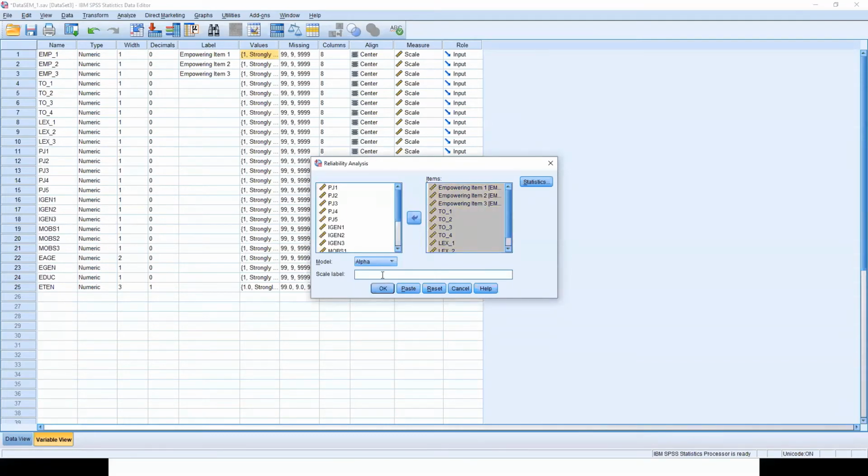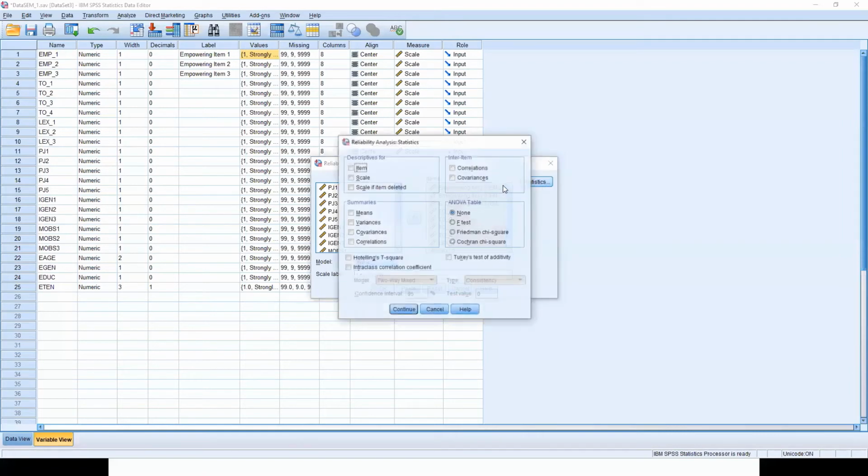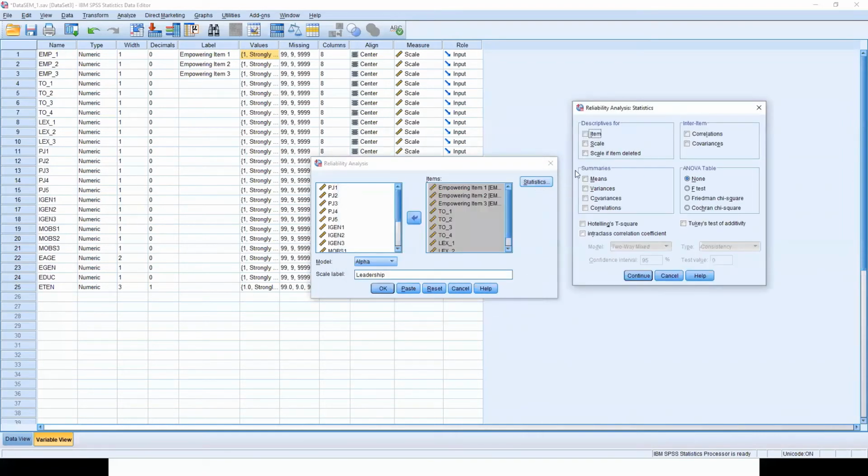I can give a label also, so "leadership". This is the label that I want to assign to this reliability. And then if you go to Statistics, you will see it gives us descriptives for item, scale, and scale if item deleted. So these are the 3 switches that you can click as of now.